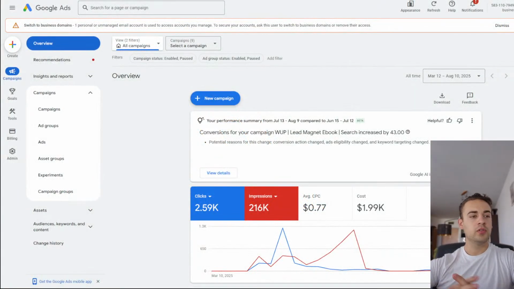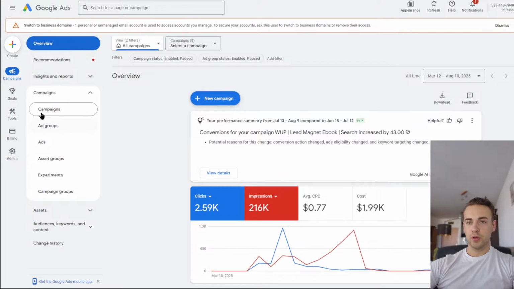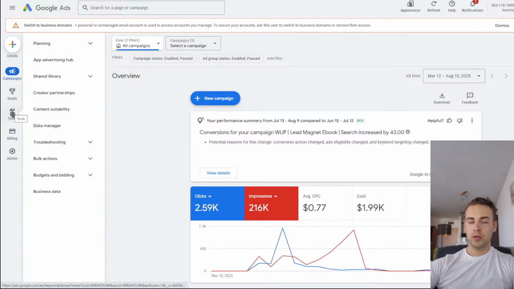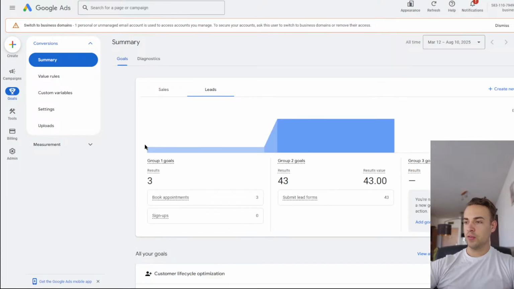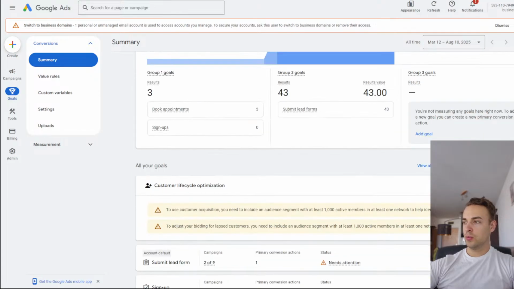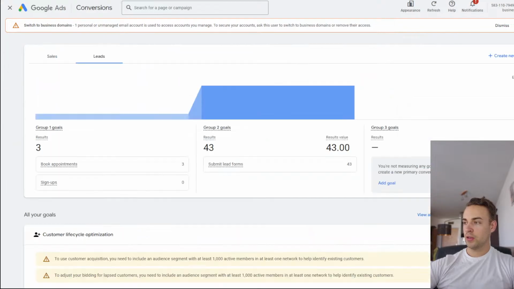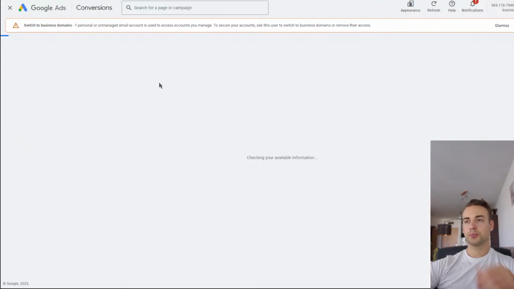Okay, so let's move to the Google Ad account. We are currently on the overview, so what we need now is to set up the tracking. So let's just go to goals. It's going to be conversions and summary. So we have to add a new conversion action. So we need to create conversion action,